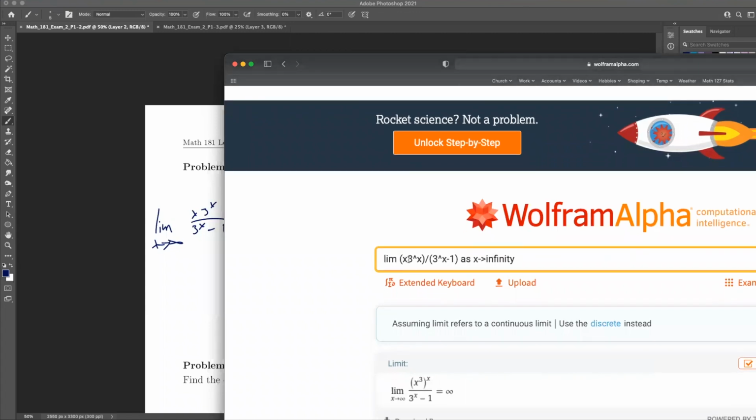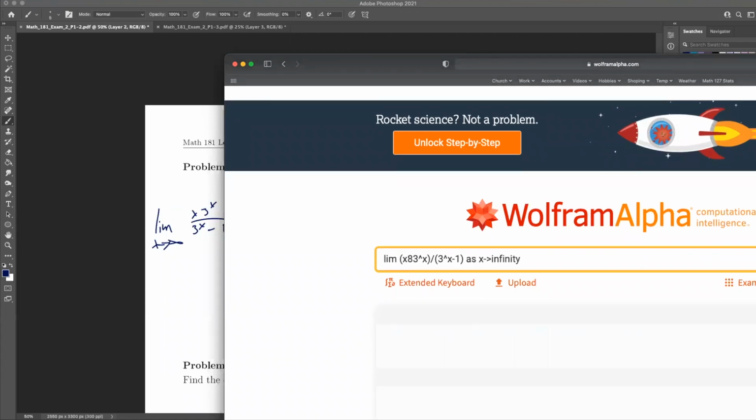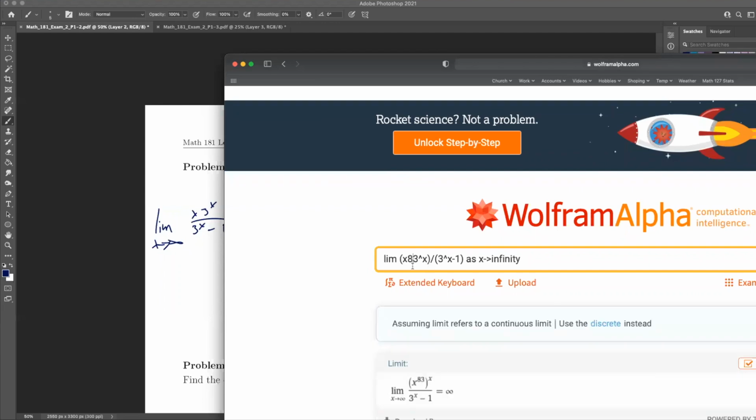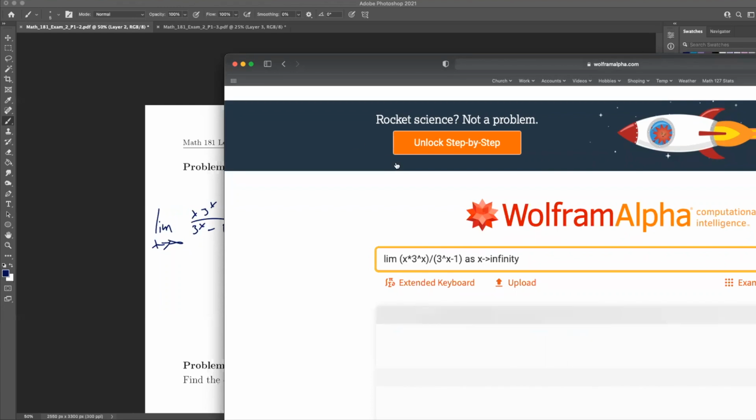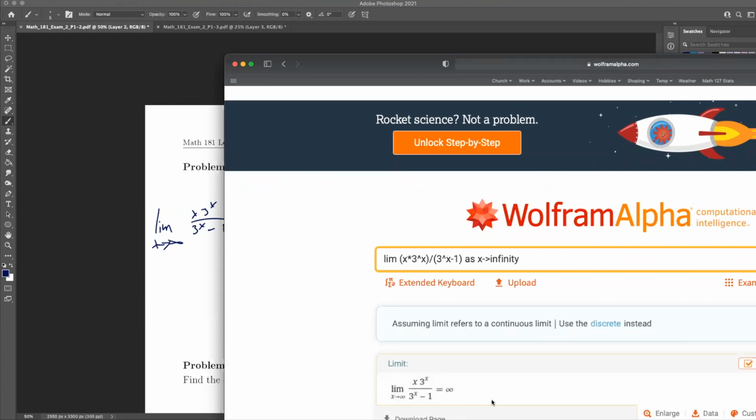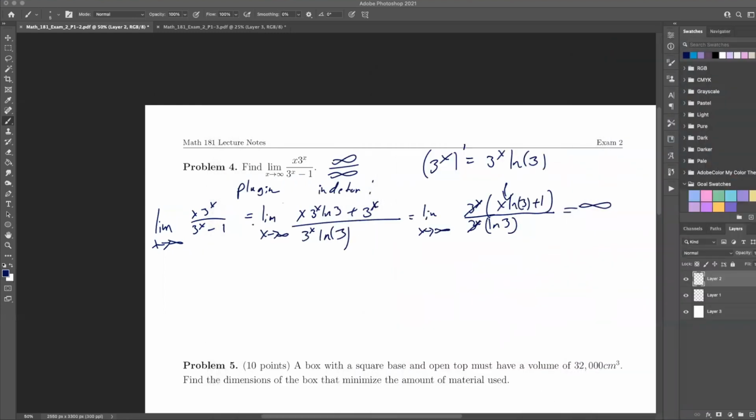What did you do here? No, hold on. Here we go. This matches what we got. Okay, so please check it. How did I get plus? Oh, okay, here I'm using product rule, right? So I keep this one constant, and then I take the derivative of this one, and then here I take the derivative of x. The derivative of x is just 1,